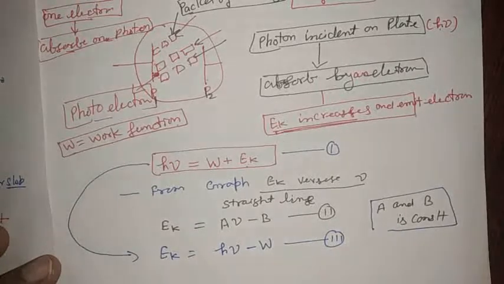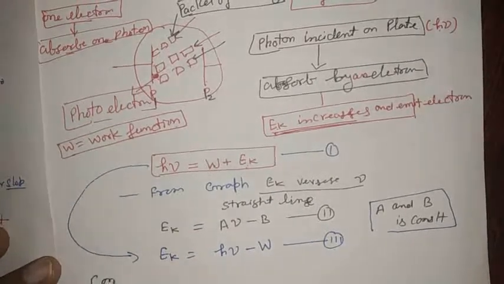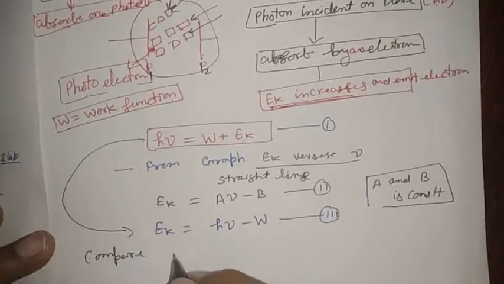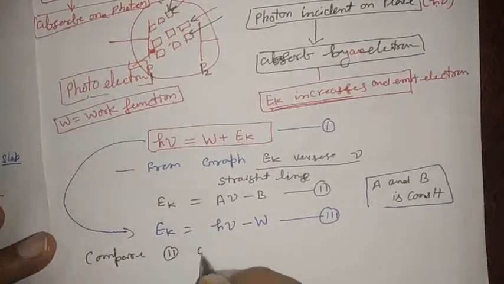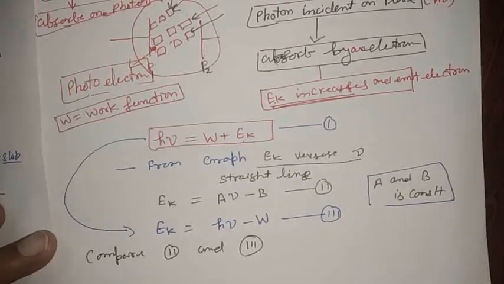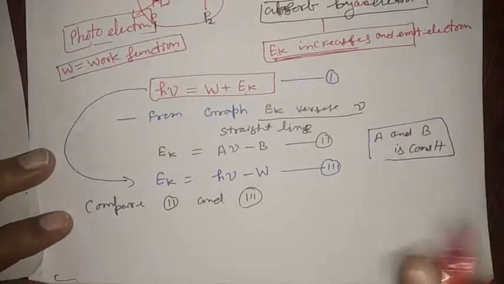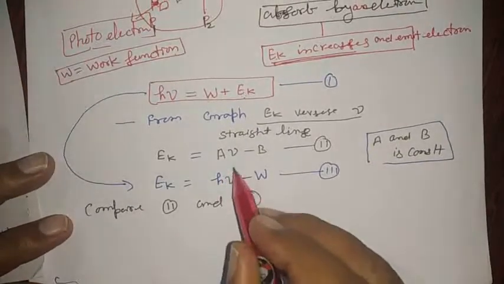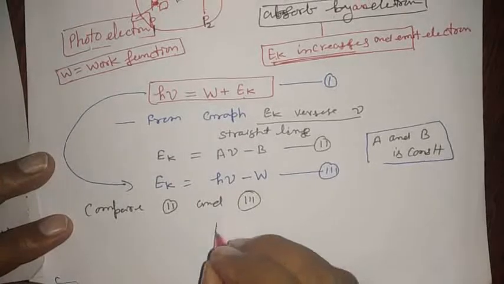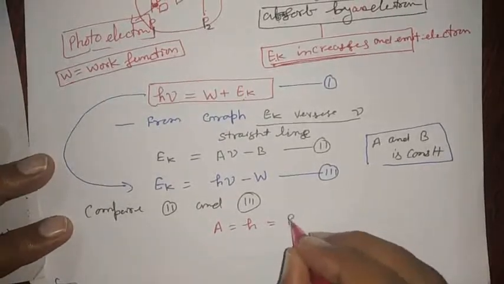Let this be equation number 3. When one compares equations 1 and 3, one can see very carefully it is nu. It means the constant A is h, and this constant is Planck's